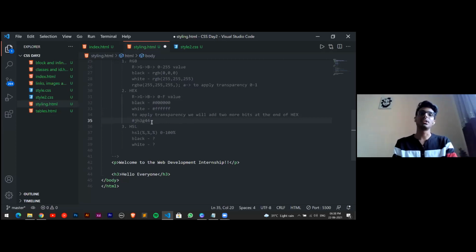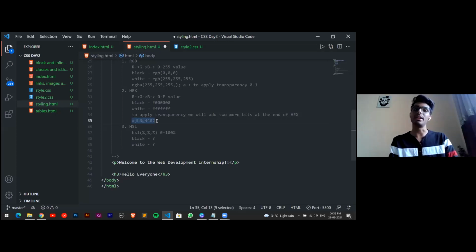Now if I want to add transparency to that, we add 2 more bits and provide a value ranging from 0 to F, as it is a hex code. Then that particular transparency will be applied. Again, the extreme minimum is the transparent one, and the extreme maximum is the opaque one.